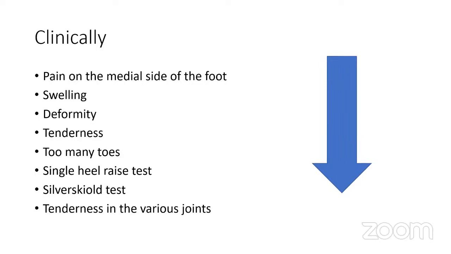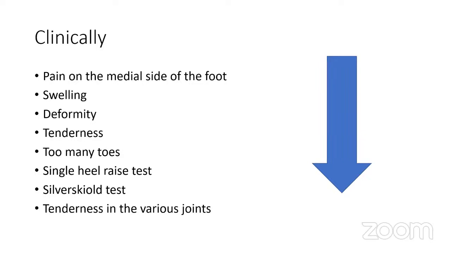There can be swelling. If you look at all these patients, they have this classical swelling just on the medial side, in the vicinity of the tibialis posterior. And the flat foot, of course, is obvious, the deformity is there. Then when we palpate these patients, they have tenderness, and the tenderness can be isolated along the tibialis posterior, or it can involve the other surrounding joints also. Depending on what stage we are seeing, they can also have tenderness in the subtalar joints.